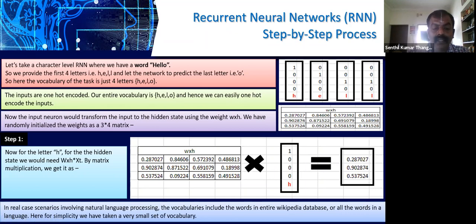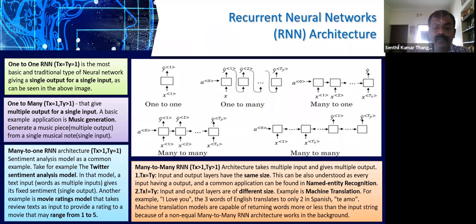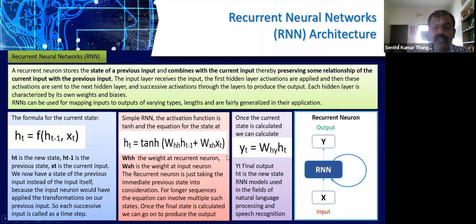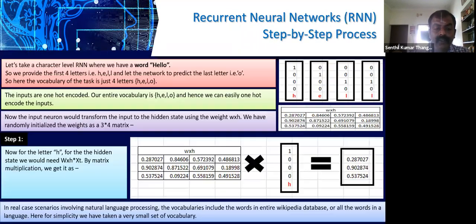So what we need is to calculate this parameter, right? We need to calculate Wx because we are giving input, right? So we need Wx, that is WXH into X suffix t. So we need to calculate that. You can see here, we have the weight matrix, which is already provided, multiplied by this one. When you multiply this, we will be expecting the equivalent first value to be generated. That is 0.28, 0.90, 0.53, right?